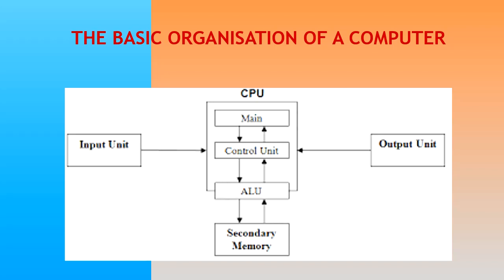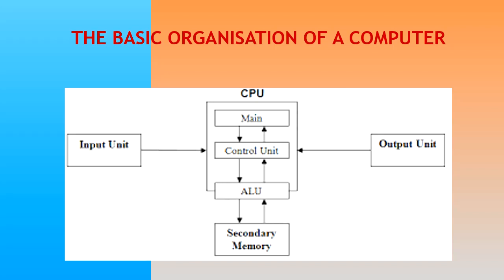The input unit consists of the input devices like keyboard, mouse. Their job is to provide data and instructions to the computer in the form of input. Then comes the part of CPU, the role of CPU. The CPU is also known as the brain of the computer. It is because all the processing part is performed in this unit, that is CPU. It controls all the internal and external devices, performs arithmetic and logical operations.